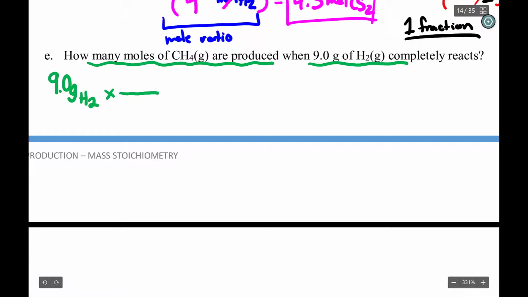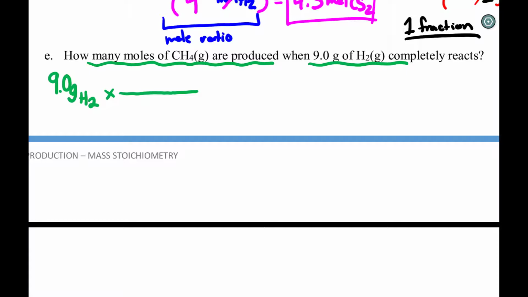Now here's the issue. I cannot put moles over on the bottom here because I have to cancel out grams. And I cannot compare two substances through grams. I have to compare them through moles. And the reason for that is they have different molar masses. 5 grams of one substance isn't equal to 5 grams of another substance unless they just happen to have the exact same molar mass. So the only way I can do a mole ratio is to first get the moles